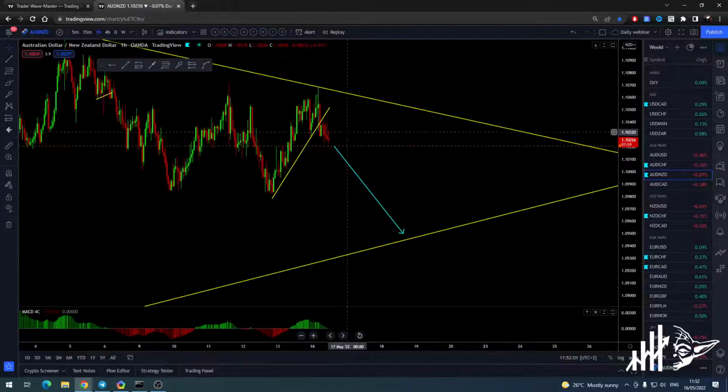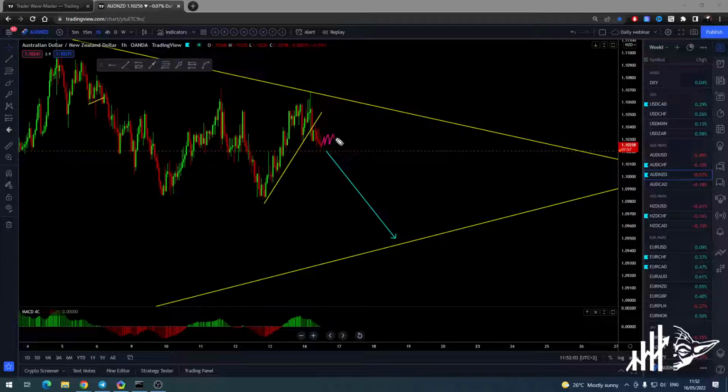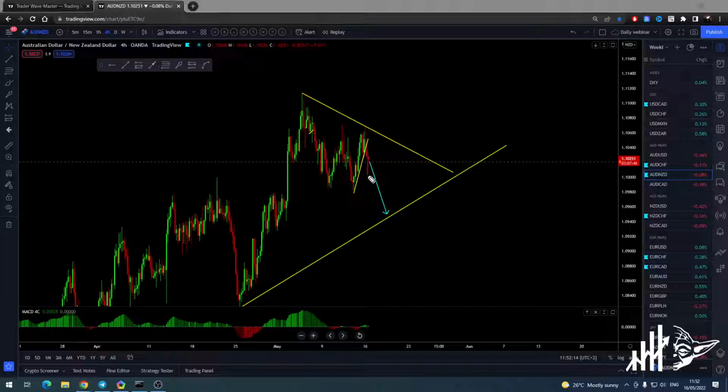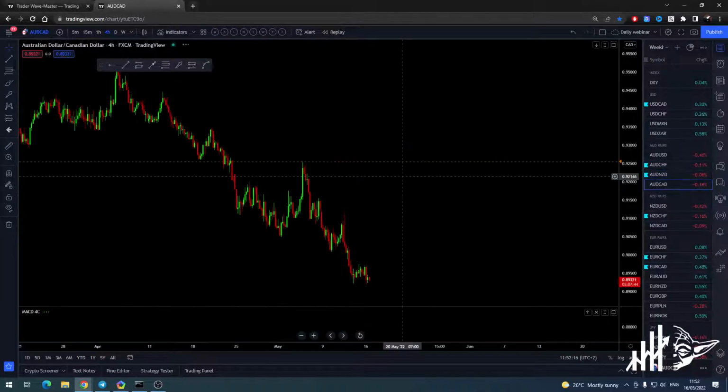Let it do whatever it wants to do. Let it stay there a couple more hours before you take a trade. Look at that one. They always stay. So let it stay there sideways, and then you can take a trade to the downside. Don't be too early. Don't be too fast. Any strong sell, you can start selling. Aussie Cat,